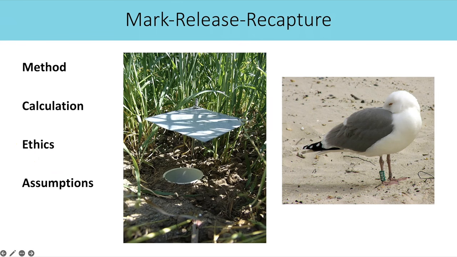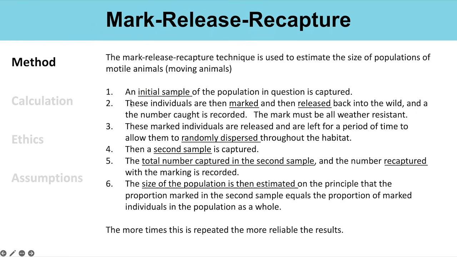So we then go on to how you would sample moving organisms, because we can't use a quadrat because they'd move away before you could count them. And we use the mark, release, recapture method. And here is the method for this. You would need to capture an initial sample of the population. You would then mark them, and we'll talk more about the ethics and the practicalities of that mark. And then you release them back after you've marked them, making a note of how many you caught and marked,